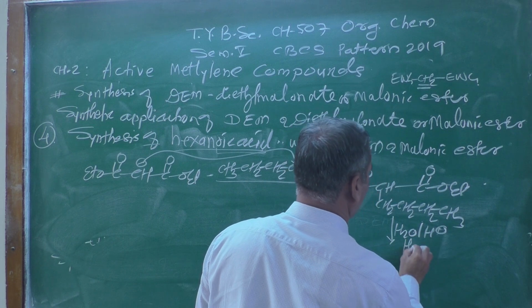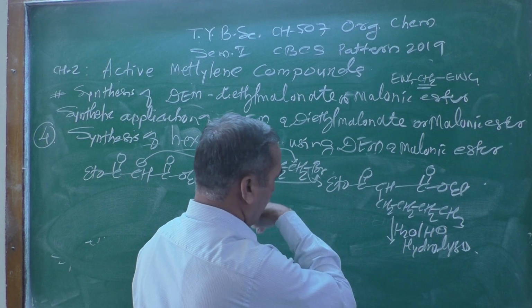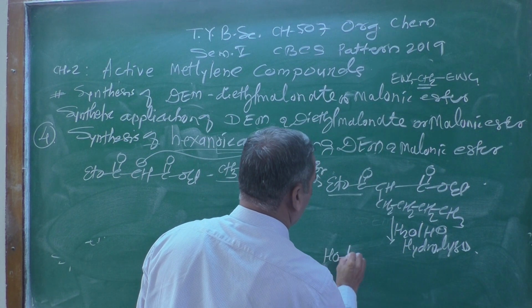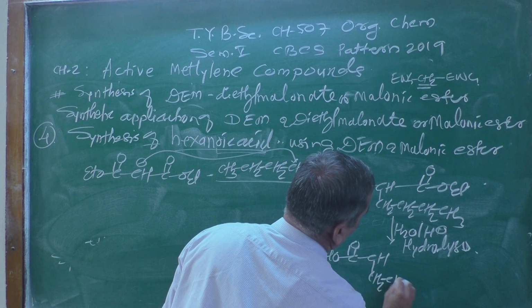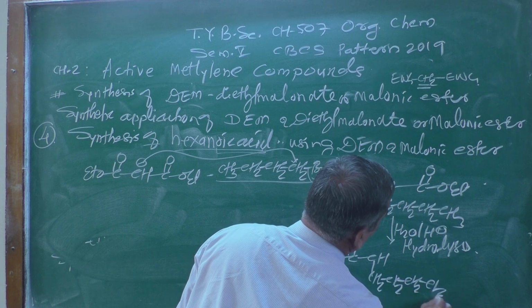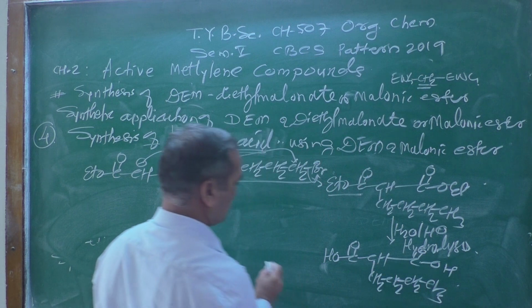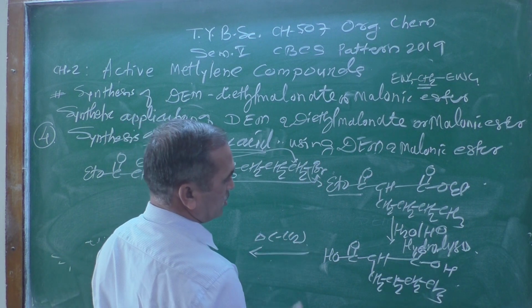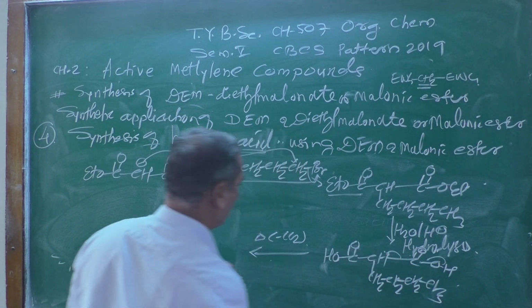This process is known as hydrolysis. In hydrolysis, the ester group gets converted into an acid, then CH, CH2, CH2, CH2, CH3, then C double bond O, OH, and after that heat it, there is an evolution of carbon dioxide, and you will be getting here